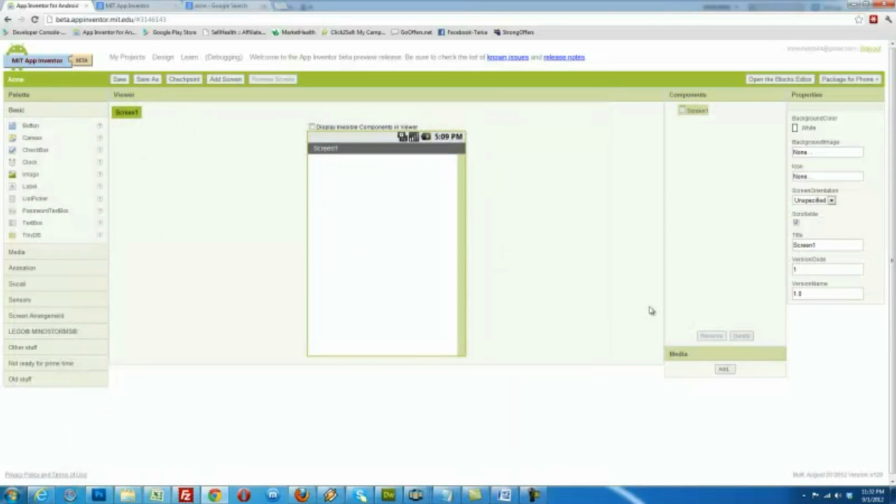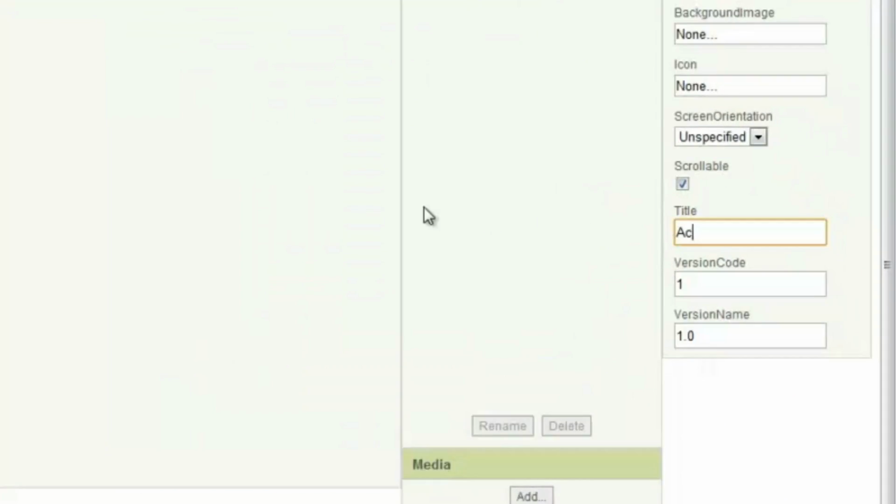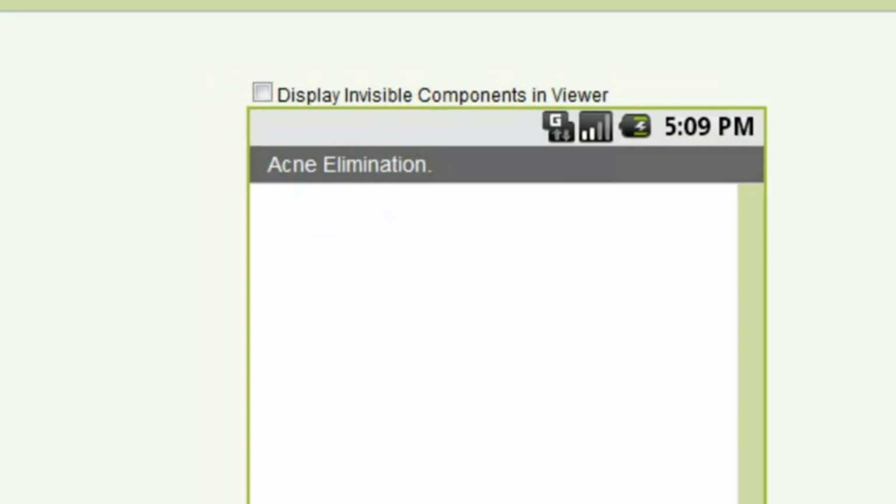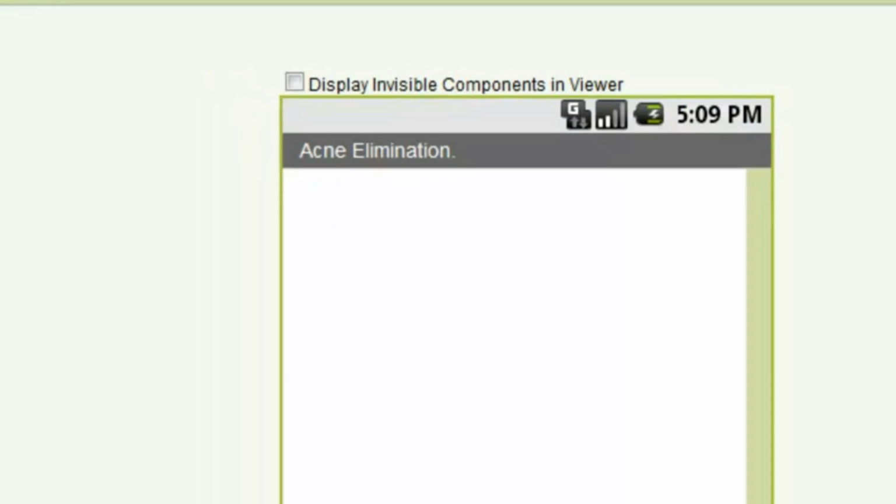So our page is here. Screen. The title screen 1. Maybe I can write acne elimination. So our screen title is changed, acne elimination. Go to other stuff